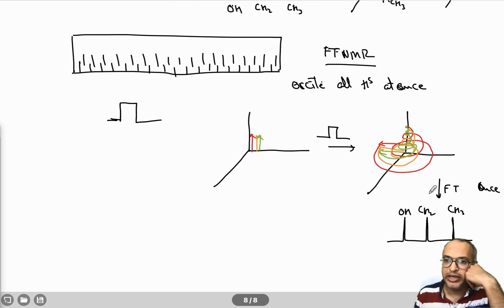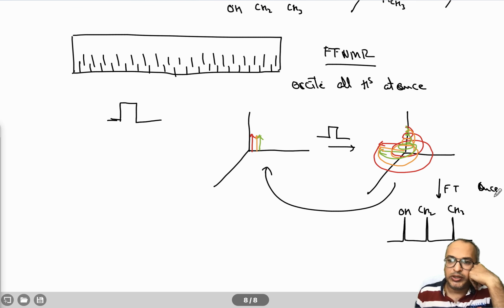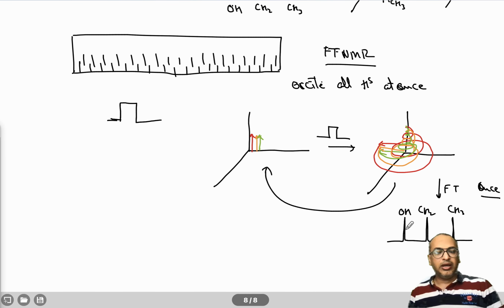Let's say if you want to do signal averaging here, you put this in a loop, and then you keep on pulsing, and you keep on recording the data, and then you average over all experiments, right? But this relaxation time is only once per experiment. In the case of continuous wave NMR, the relaxation time is between each and every peak. So for every peak, after you excite it, you need to relax, and then you excite the second peak, right? So the time saving is a huge factor in continuous wave versus FT-NMR, which was developed by Professor Richard Ernst.